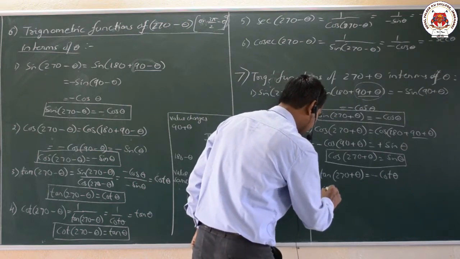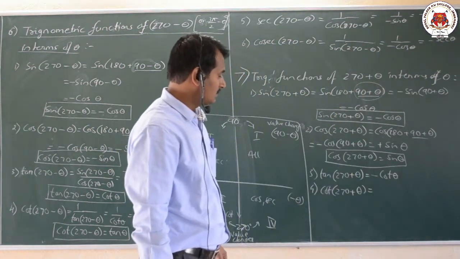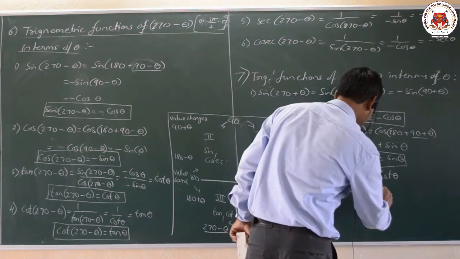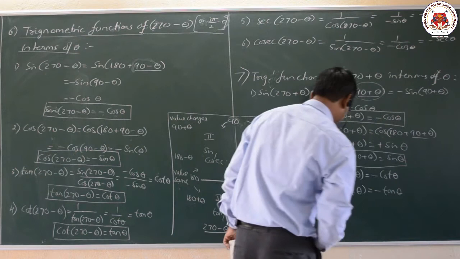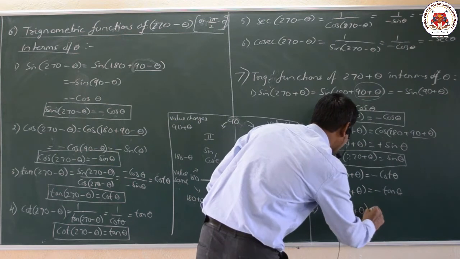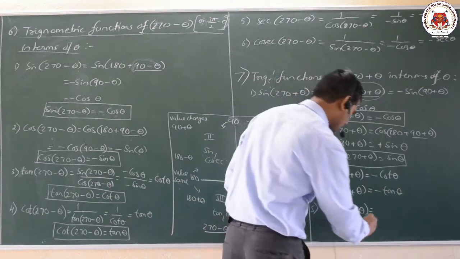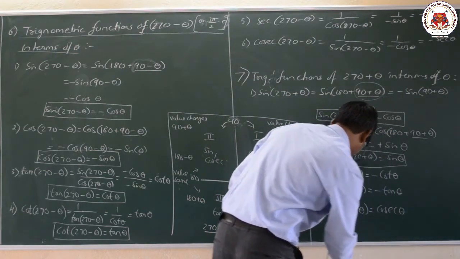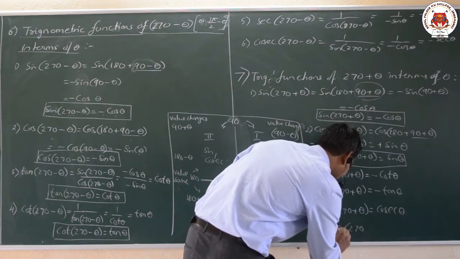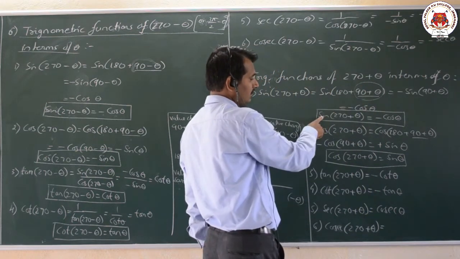Then the fourth one, that is cot of 270 plus theta. Cot of 270 plus theta is 1 by tan here. 1 by tan means 1 by cot, so see what happens, that is minus tan theta I will get. Then the fifth one, that is secant of 270 plus theta, that means 1 by cos. 1 by cos means 1 by sin, 1 by sin means what, cosecant. Cosecant theta. At last the sixth one, cosecant of 270 plus theta, the value will be 1 by sin. Cosecant means 1 by sin.